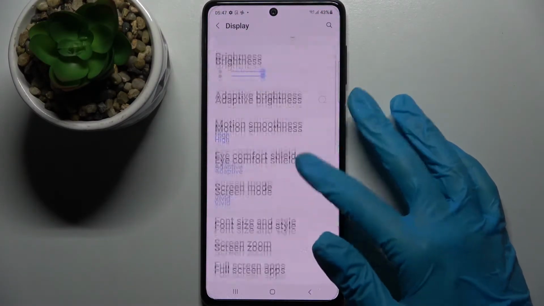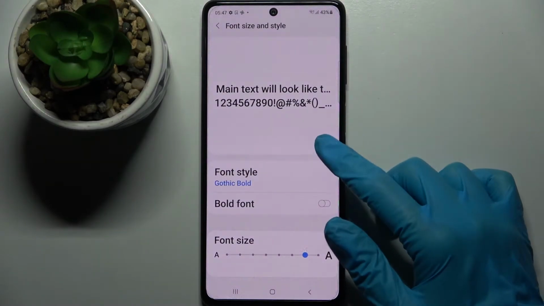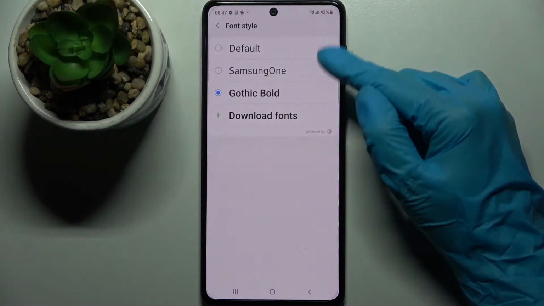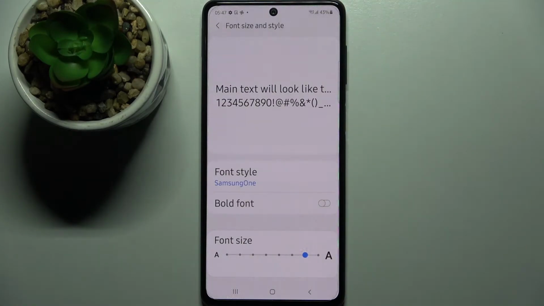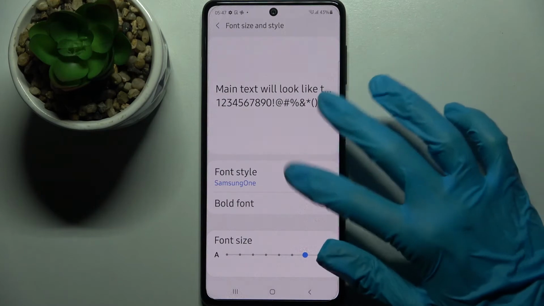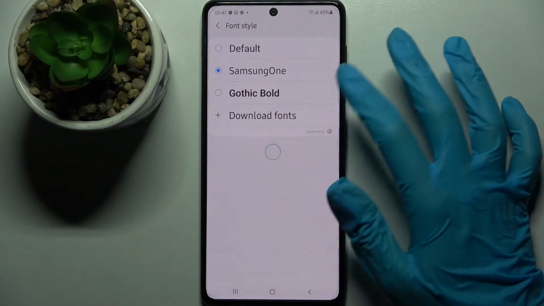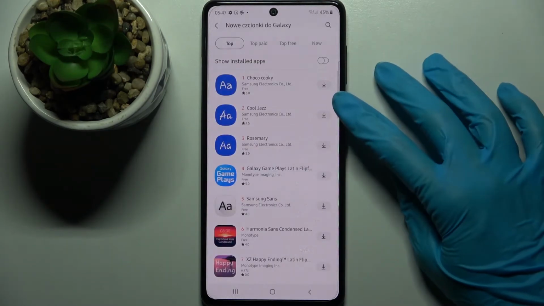Now you need to choose Font Size and Style over here and go into Font Style. Then click on one of those fonts, like Samsung one, and as you can see, the style of my font has changed. You can also download fonts by going into Download Fonts over here and clicking on this icon next to